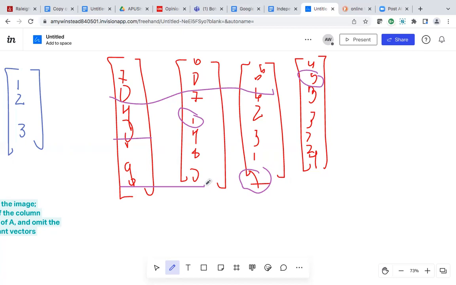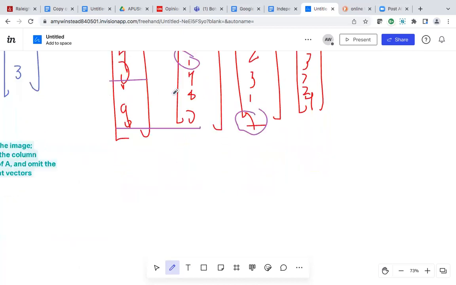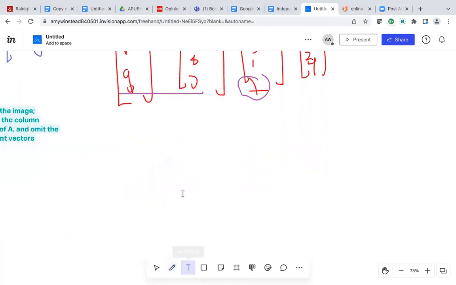So obviously this one cannot be a redundant vector. And that's the same for all of these, right? This one can't be because it can't be a combination of these last two, and this one can't be, right? And obviously this one's not because it's the first one on the list. So that's how you prove that none of these are redundant, which leads us into a theorem